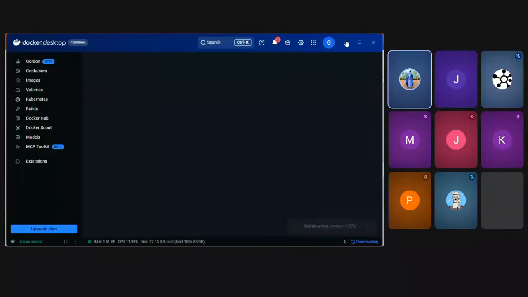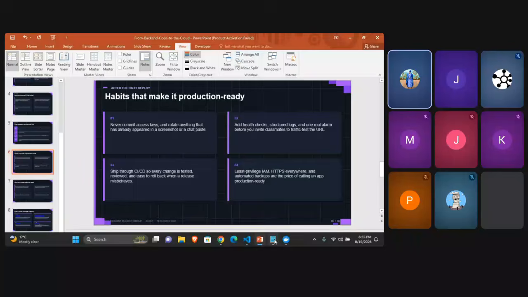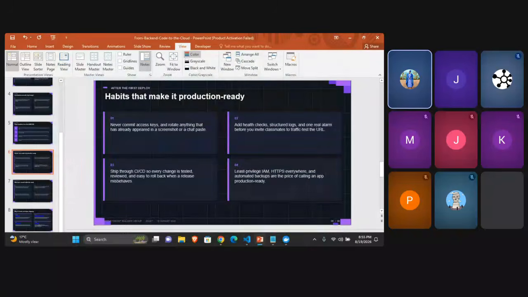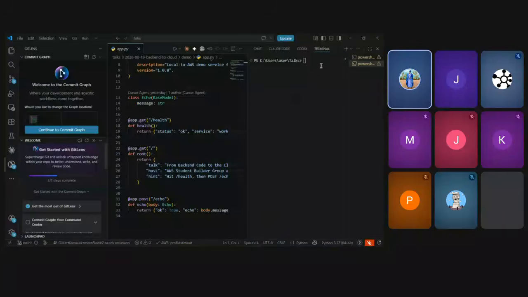Let's see if it is working. Yeah, it's working.